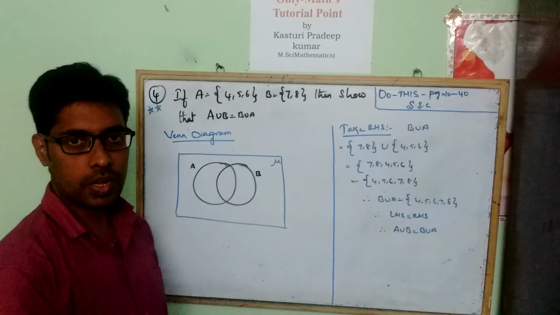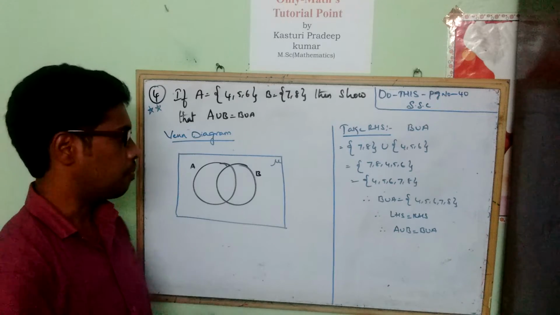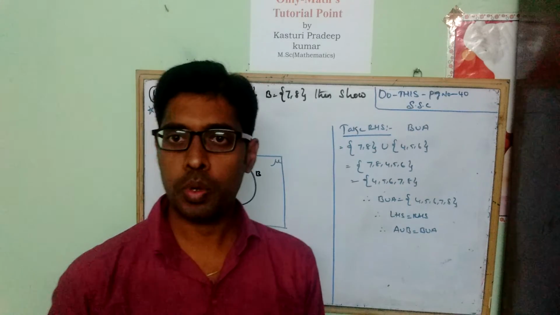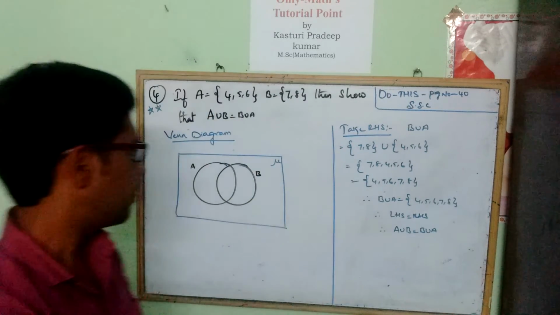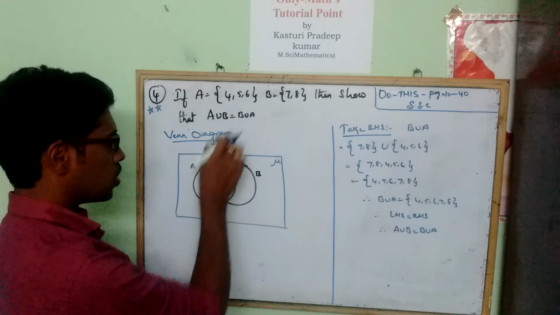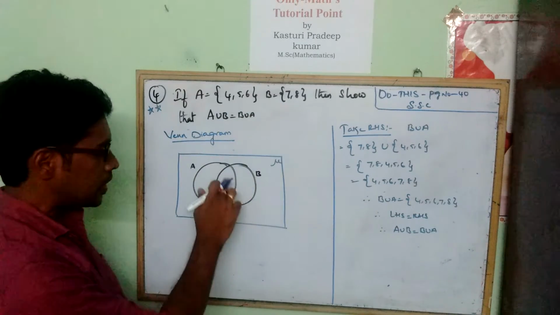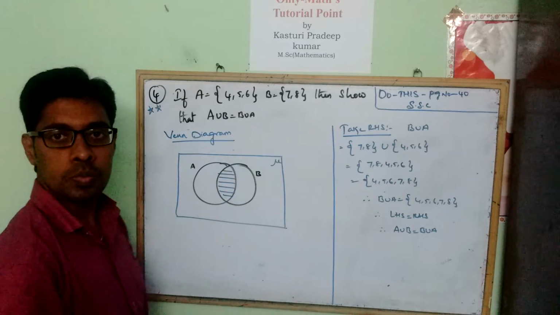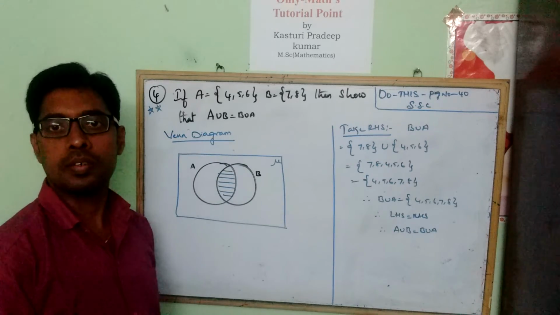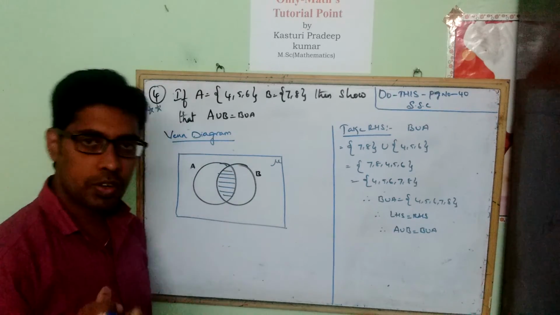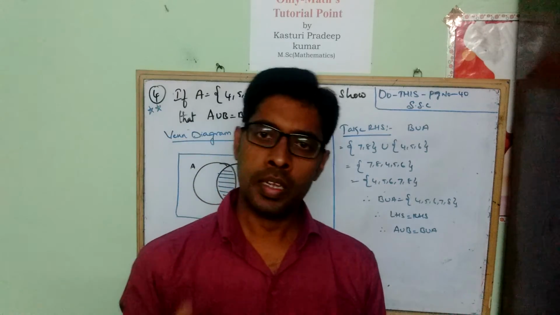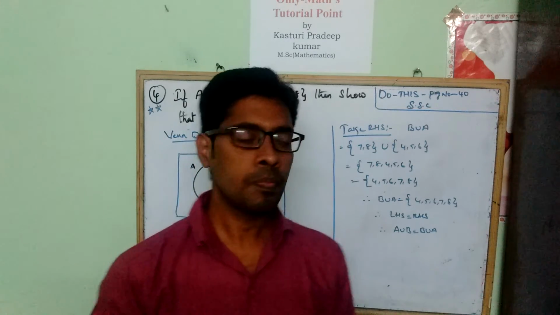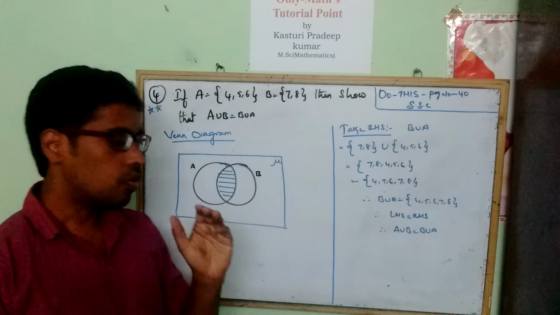is nothing but combining both the sets. It may be either a repeated value or a non-repeated value, we should write it only one time. First, observe whether any repeated value is there in set A or in set B. We don't find any repeated value, right? So this belongs to set A, this belongs to set B, and this is the common region for both. So in this region nothing is there. Whenever you are drawing a Venn diagram, whether A union B, A intersection B, or difference of 2 sets, which we'll discuss further, first you have to write the common elements.